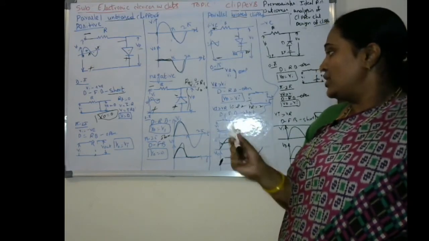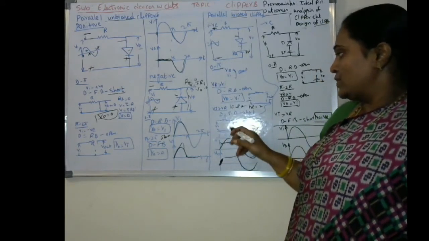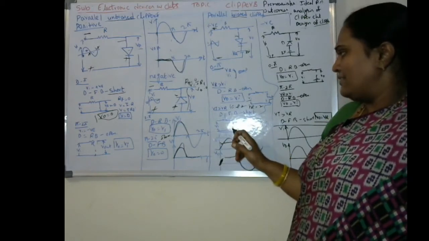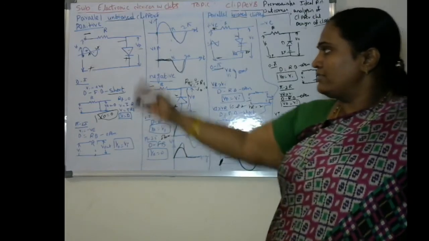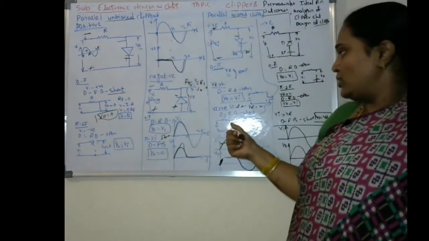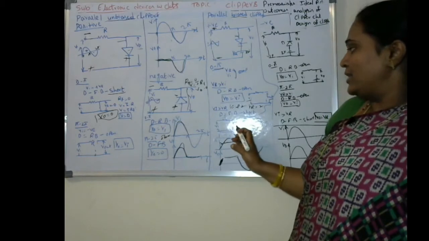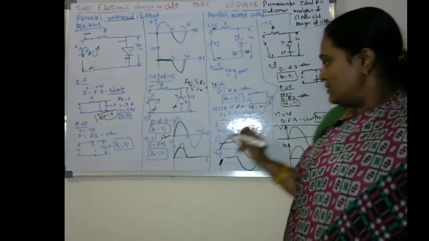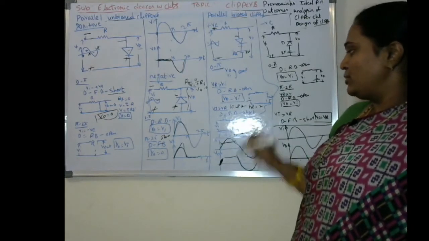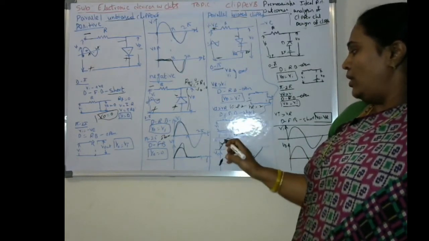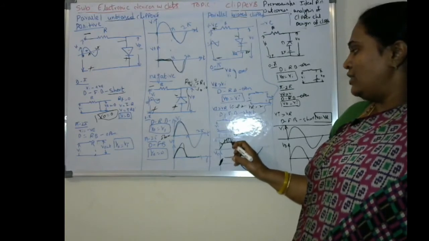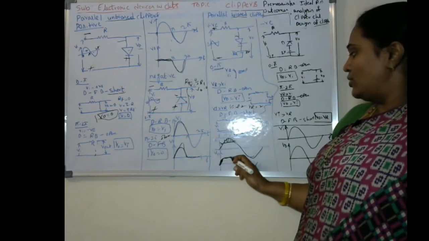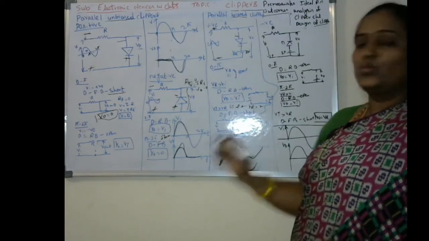Whenever it has been short circuited, it has been shorted. What happens in this case? Whenever it has been shorted, we are having the voltage only. Here no reference voltage is there, but here the reference voltage VR is there, in parallel with the measurement of V out. So V out will be equal to VR. Since we are assuming it is 2 volts, it is going to produce 2 volts. So for all the portion which is greater than the reference voltage, we are going to get the output equal to 2 volts.